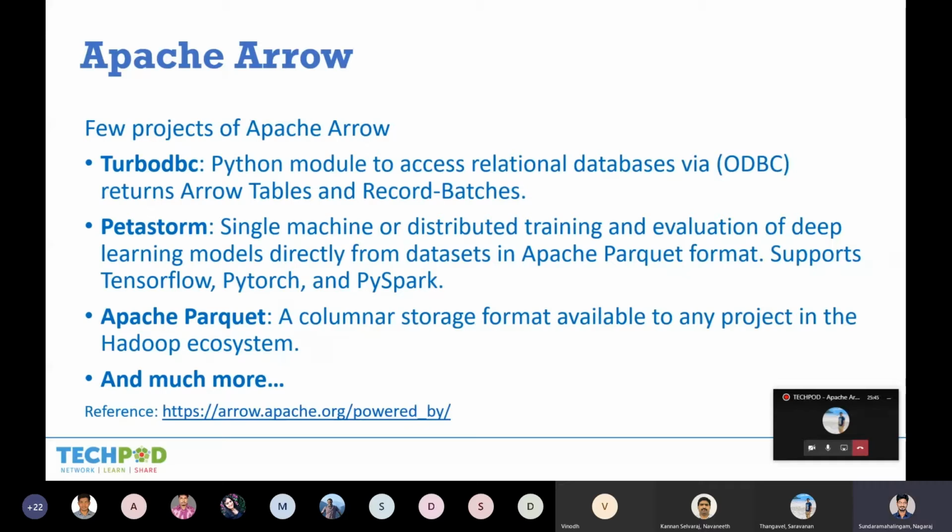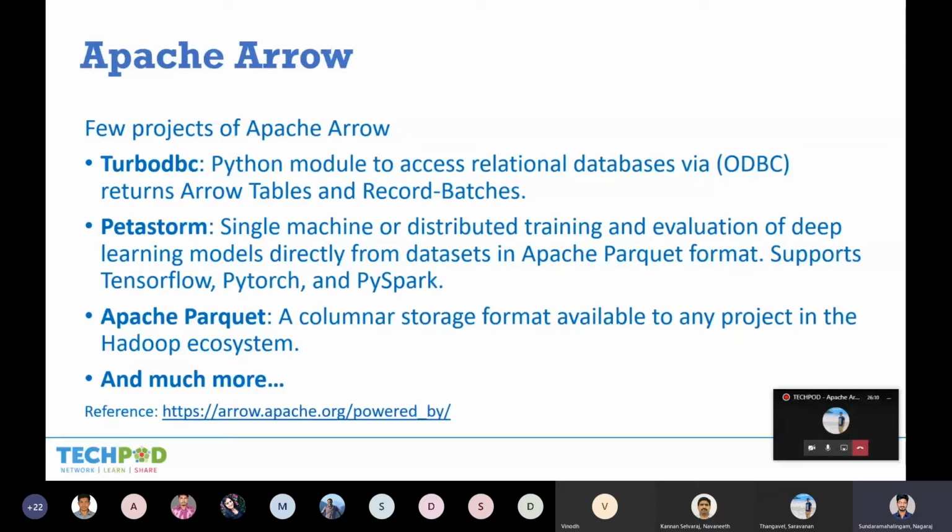Let's see a few other projects in Apache Arrow. There is one module called Turbo ODBC. That's a Python library to connect to your RDBMS, relational database. Earlier you would have ODBC or JDBC to connect to your databases.